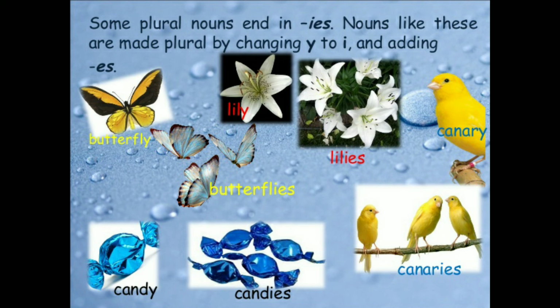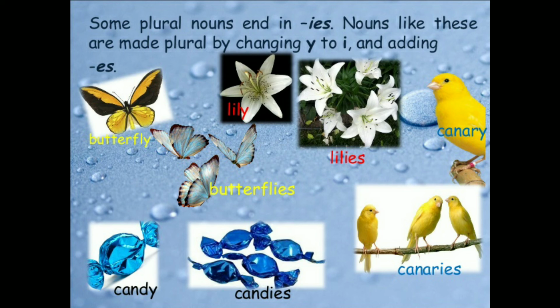See, butterfly. One butterfly, many butterflies. Okay, so in this, to change the word butterfly into butterflies, we remove the letter Y and instead we will write IES. Okay, you can see in this picture butterfly, the letter ends with Y. So we will remove the letter Y and will add IES at the end.